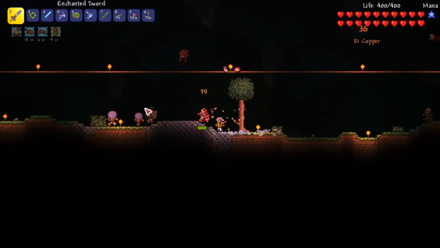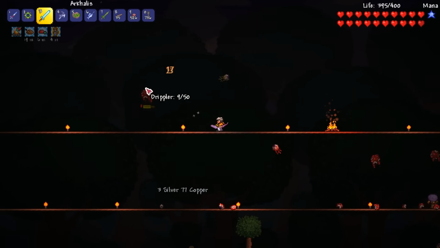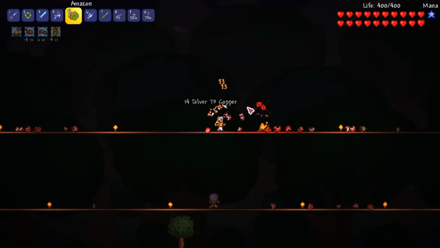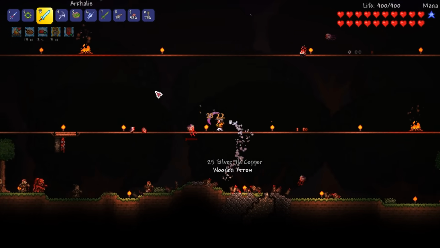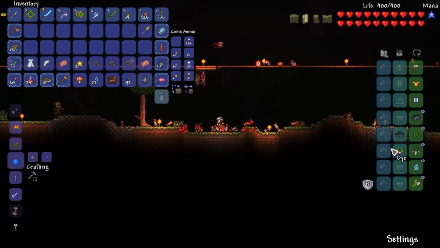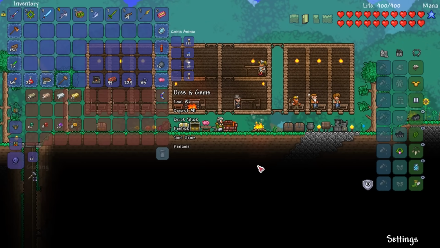A blood moon is underway upon my return, so I use this opportunity to farm for a shark tooth necklace. The extra 5 points of armor penetration from the necklace is really useful until even early hard mode. Thanks to the battle potion I found in the underworld, there's heaps of mobs, so I collect my prize in no time. The next morning, I convert all my Hellstone ore into bars and craft a set of molten armor,